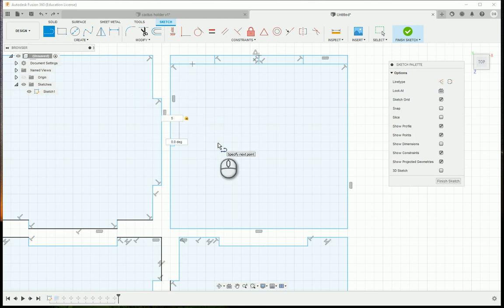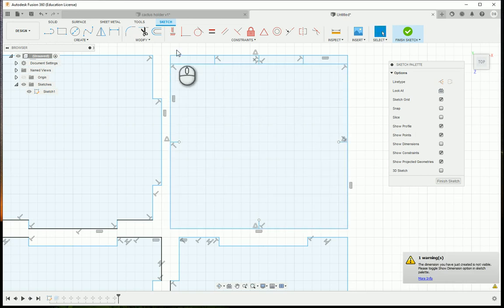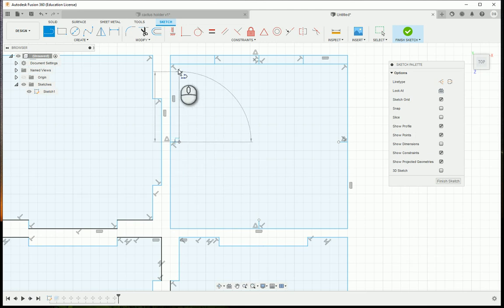So at this point here I can type in 5, then I want to jump straight to the next wall and go 5, and I want to jump straight to the next wall and go 5. Now at this point I could start trimming if I wanted to, because I've got those lines in place, but I'm actually just going to put these in nice and quickly. 25, 25,